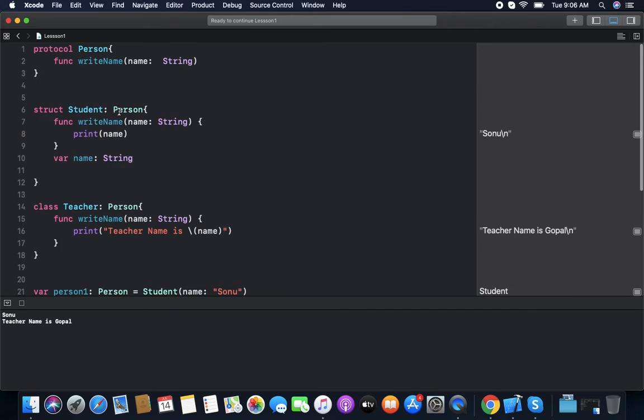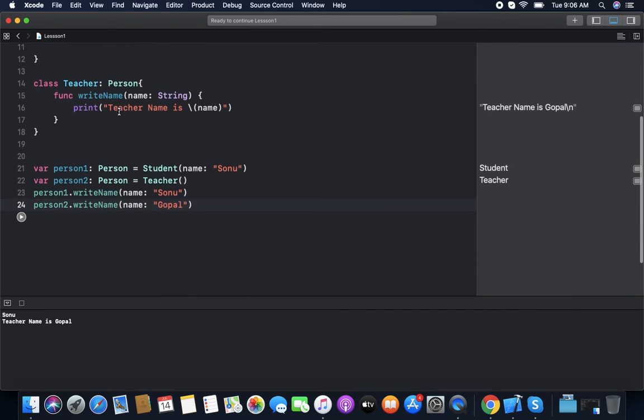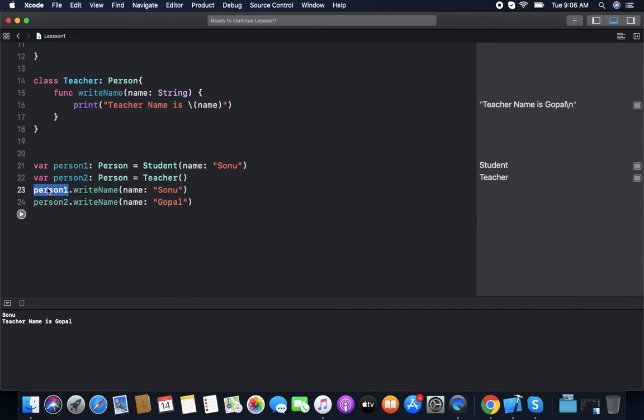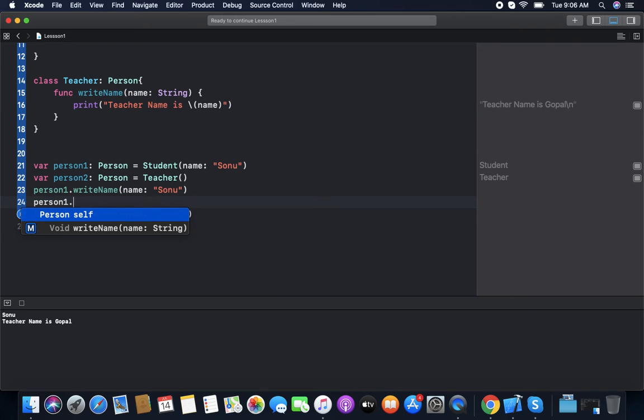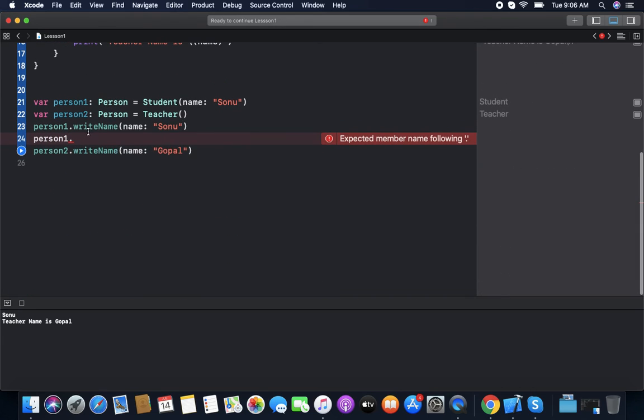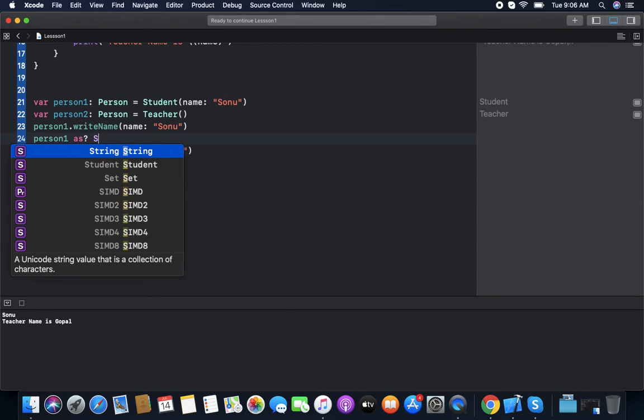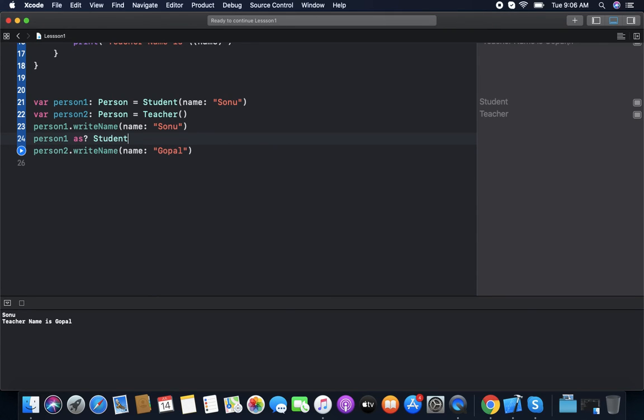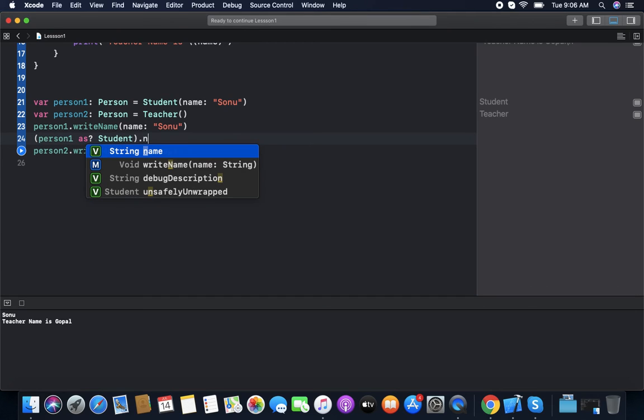The protocol does not have any implementation. If we want to access anything not mentioned in the protocol, like a name, it does not have it. To check this, we need to typecast it, as Student, dot name.